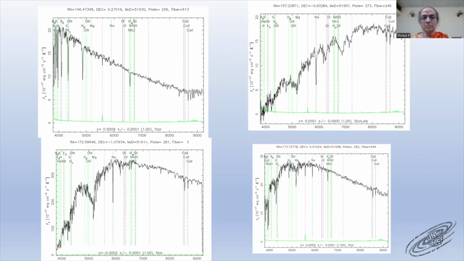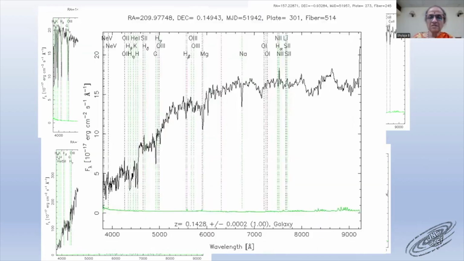When I give them hard copies like this, on the reverse side they give all this information, and that is saved, not digitally, but hard copies are saved. And then comes the galaxy spectrum, which looks somewhat similar to a late type star spectrum. But then I attract their attention towards the identification of H alpha, which is not at 6563 angstroms anymore. It has shifted. So this tells them how to distinguish between the spectrum of a star and that of